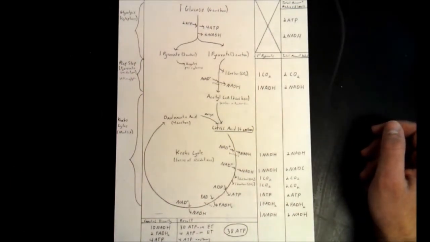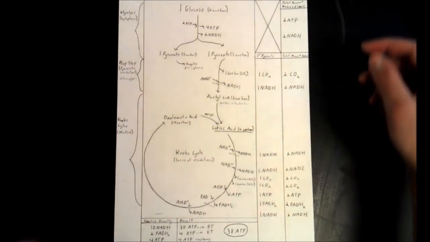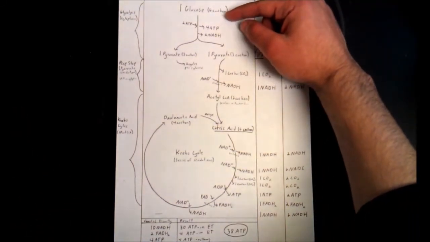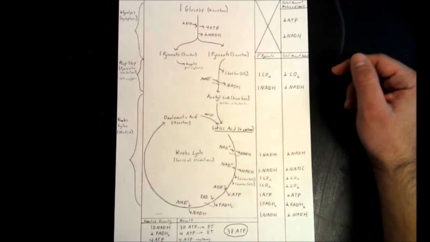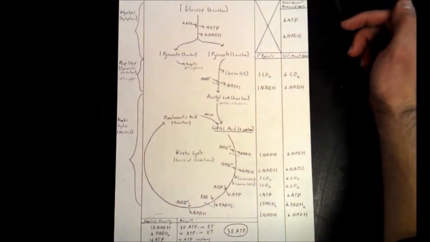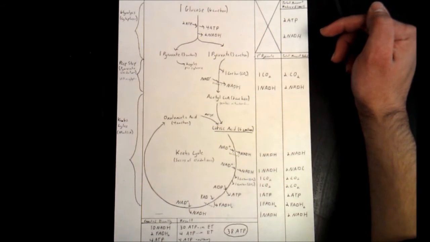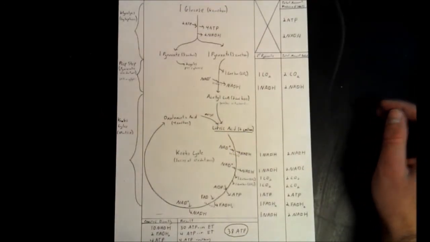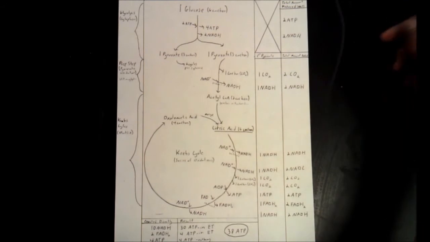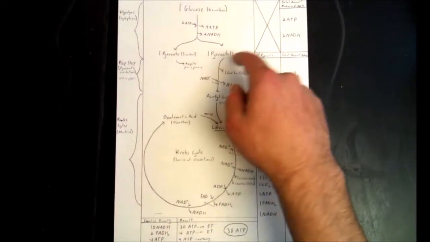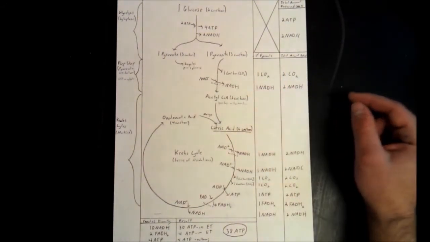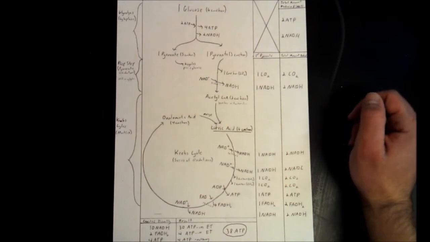Running through glycolysis quickly, pretty much what happens is you have a glucose with 6 carbons. It gets split into 2 different pyruvates, each of which has 3 carbons. We have a net of 2 ATP production and 2 NADHs. Pyruvate that was created in glycolysis is going to enter into the prep steps and into the Krebs cycle. Because 2 pyruvates are created, this whole process is actually going to happen twice. So for the products, I have for one and then for both of them, so you can keep track, to have it be a little bit more clear.